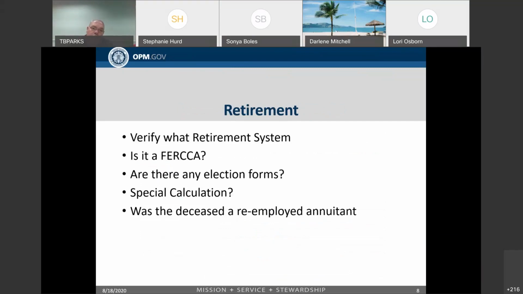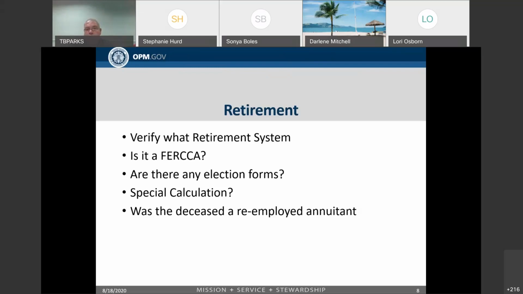Some of the things that we will do with respect to the retirement: we need you to check the SF50s. Look for what type of service it is. Is it CSRS covered? Is it FERS covered? Offset? Is it FICA? Is there FICA time that can be paid back? Make sure what retirement system the deceased should be covered under. If there's a FERCA error that lasted more than 3 years after 12/31 of 1996, there could be a FERCA, the Federal Erroneous Coverage Correction Act. If so, then follow those rules to counsel the survivor.